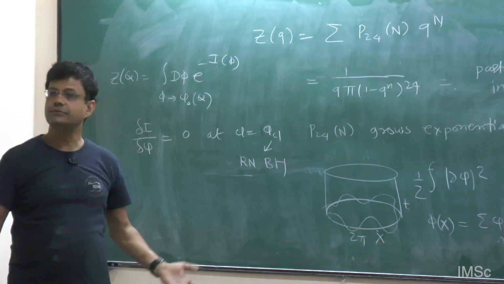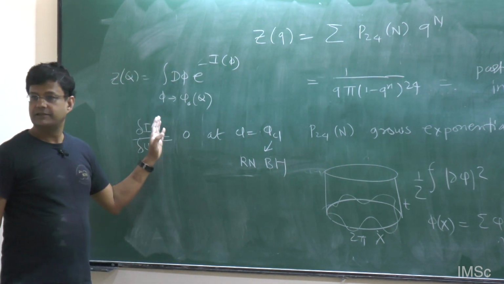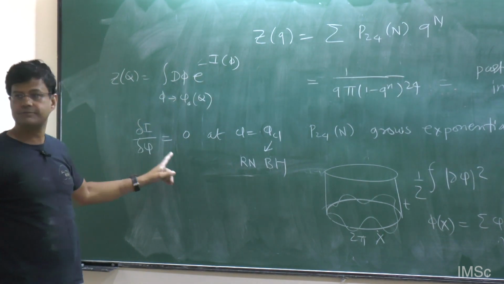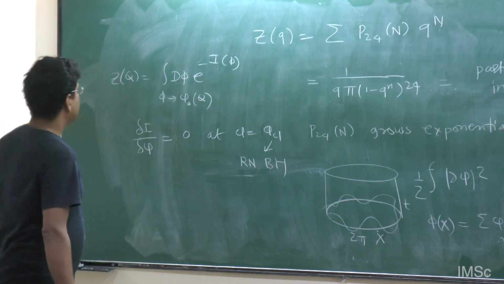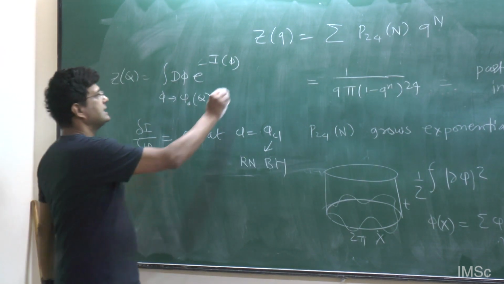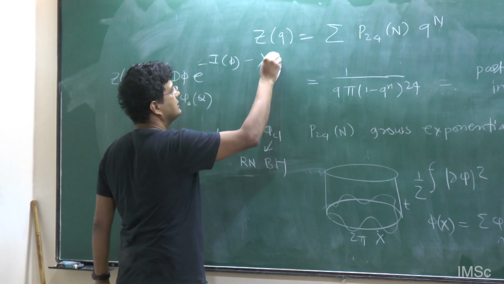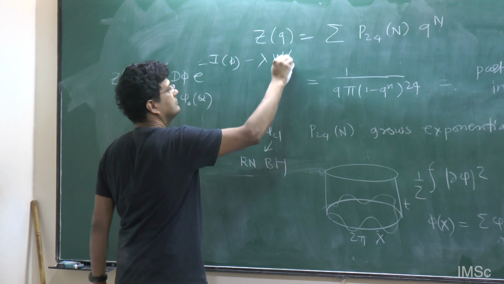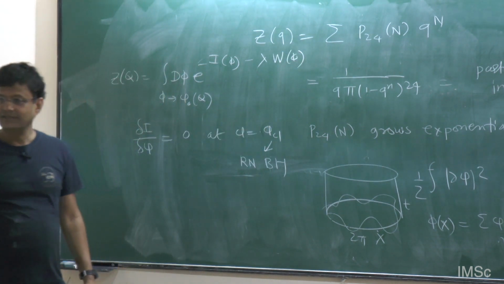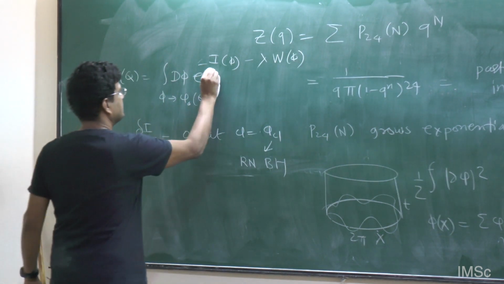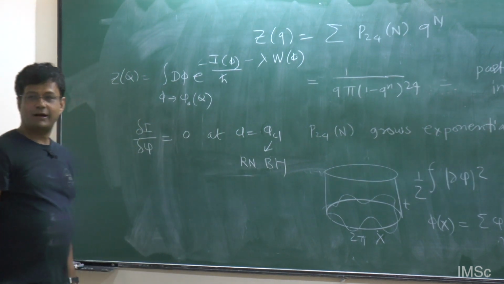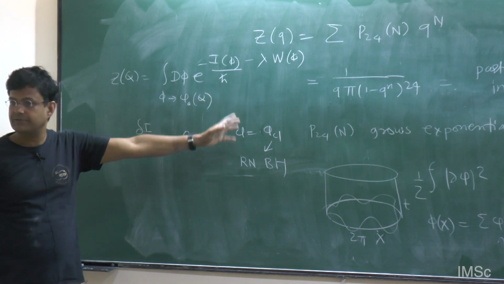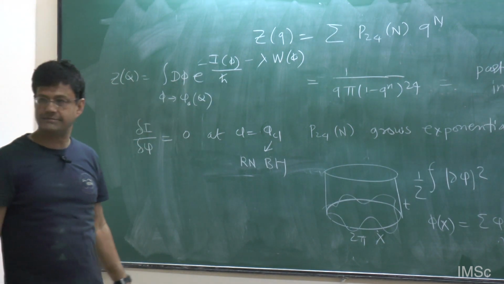And then to evaluate this, you have to keep on doing one loop corrections, two loop corrections around the saddle point, as we normally do in quantum field theory, right? You start with some path integral and then you evaluate it perturbatively. That means you're evaluating around some saddle point. What localization does is that it adds to it some lambda times some other action, let's call it W. There is an h bar sitting here. Why is the saddle point approximation good? It becomes arbitrarily good when h bar goes small, then it becomes better and better. That's the semi-classical approximation.